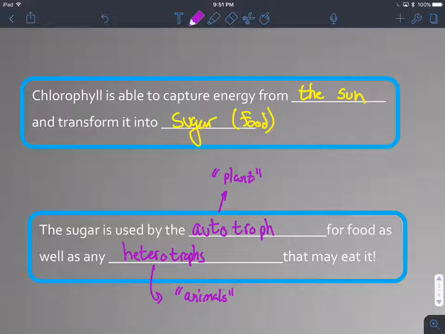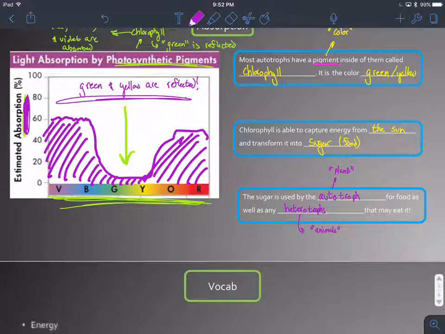So if you think about when you go to eat something such as broccoli, broccoli has tons of energy in it because the broccoli plant will actually use that sugar to grow. Now we cut that broccoli plant up, we cook it, and we eat it to get energy ourselves. So it's a system that works both ways: these autotrophs aren't just getting energy for themselves, they're also making energy for all sorts of other organisms.